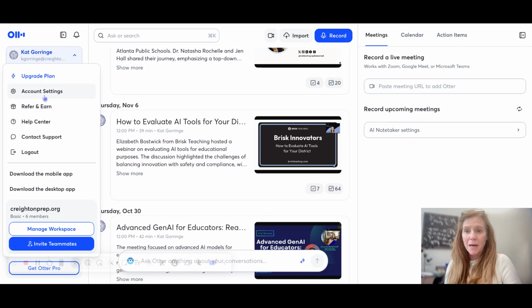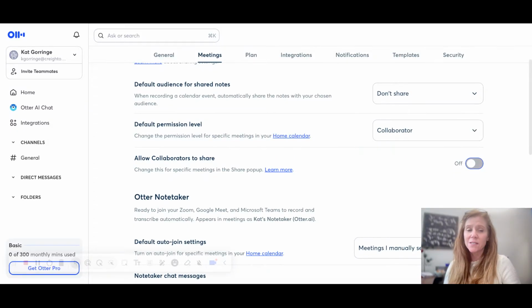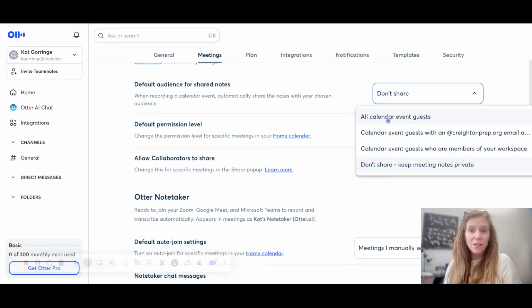Then, and again, I'm going to go back to my account settings. Not only will it insert itself in the meeting, but the other thing it is defaulted to is all calendar guests it would share. And so that's where we have to be super, super cautious about this AI tool and what it is being allowed to do. I will also note, I believe, and Joe or Jackie could maybe corroborate this for me, it is written in our faculty handbook that you must ask permission of all invited guests at a meeting to be able to use a note taker app. So just bear that in mind.